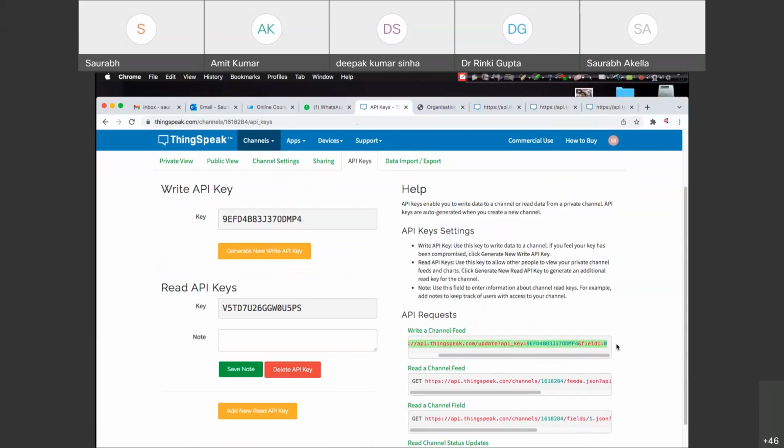There'll be a limit for one particular URL to send the entire information. If you have just two pieces of information like temperature and humidity, it's good to go with one single field. If you have more information to be shared, better to have different fields. So the way we are comfortable exchanging the information and extracting the data, it's good to use a number of fields in a channel. Okay, sir.